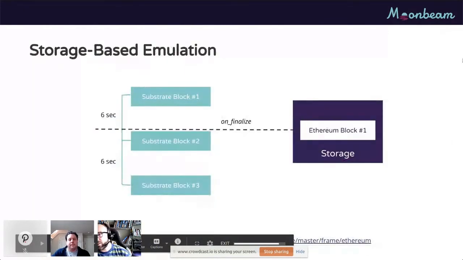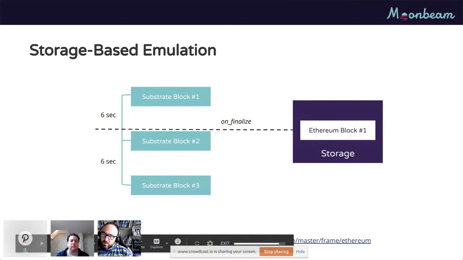I wanted to also talk a bit about pallet Ethereum. What it does is basically Ethereum block and transaction processing emulation. The strategy we follow here is very simple: we follow the Substrate chain block production base, and we take advantage of the on-finalize method to do something when, for example, block number 2 is finishing.